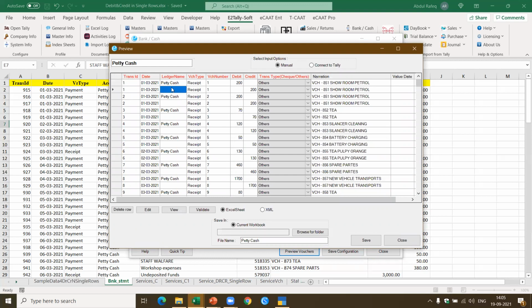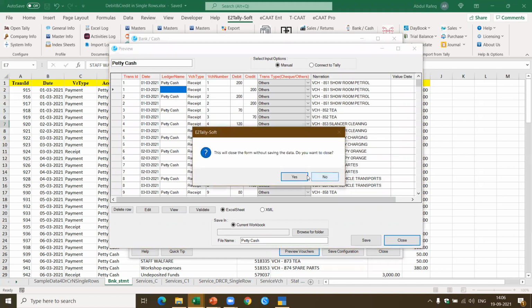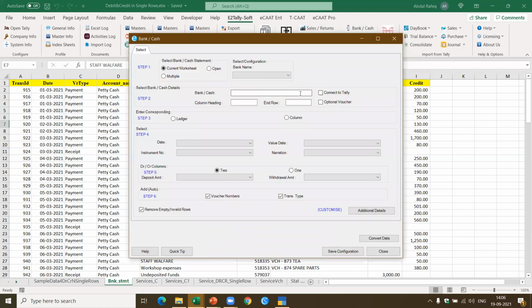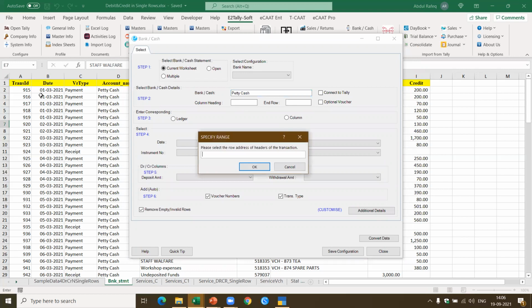Now there is a mistake. What is the mistake here? Now if you see here, I didn't select the corresponding column, so only one part of the transaction has been taken. So come back again here. You want to close? Yes. Now let's come back here again. I'm using the bank or cash. So I give the name as petty cash. Now can you identify what is the mistake I made last time? Omission. I go and select this transaction ID.